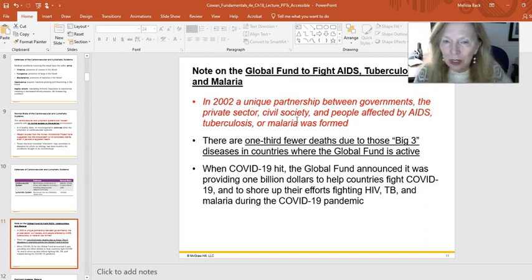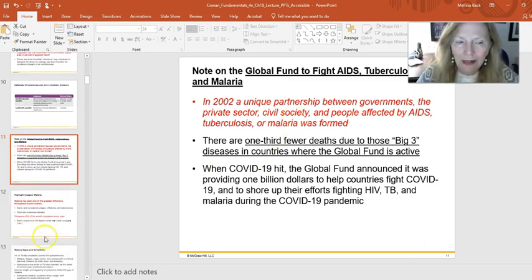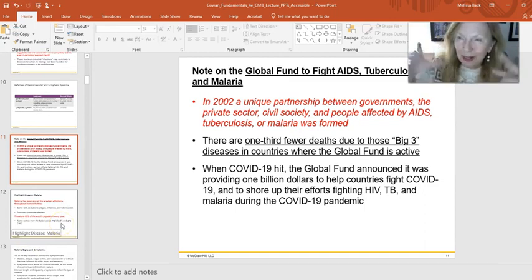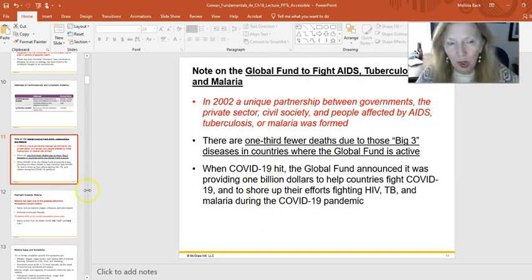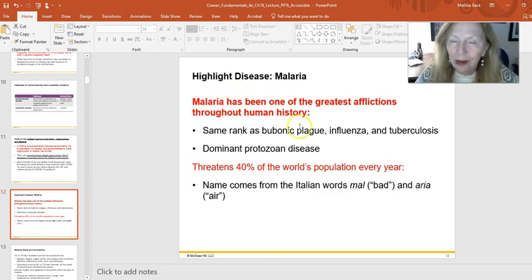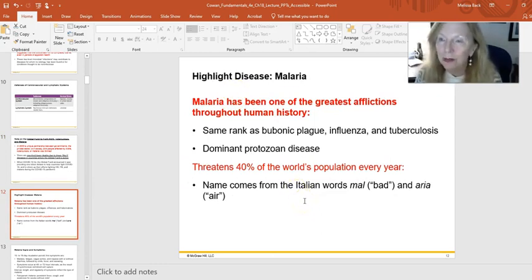So, this is the good news about when communities, even if you think of communities as being countries, coordinate their efforts for public health, for one humanity, for a positive outcome of one humanity. So this is like a good news thing. Now, let's go ahead and talk about some of these individual microorganisms that can cause disease within these systems.